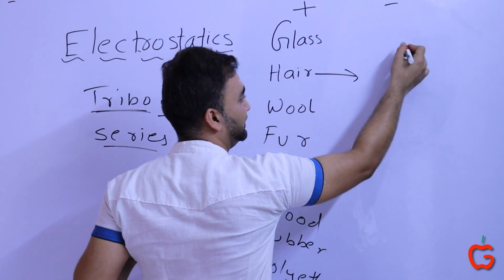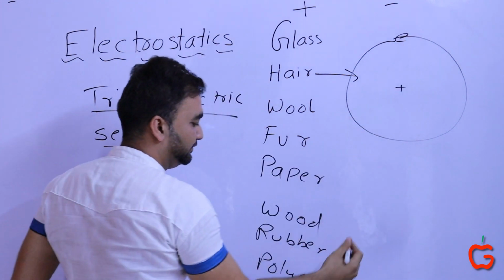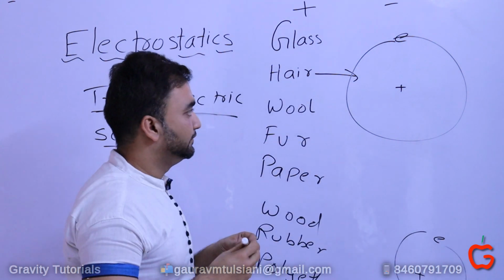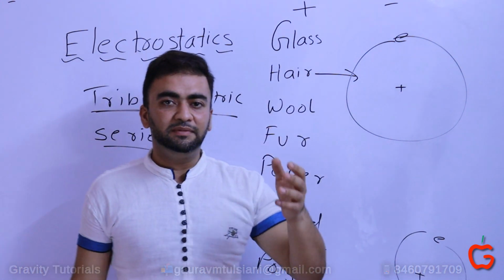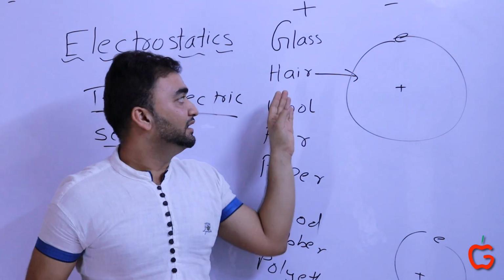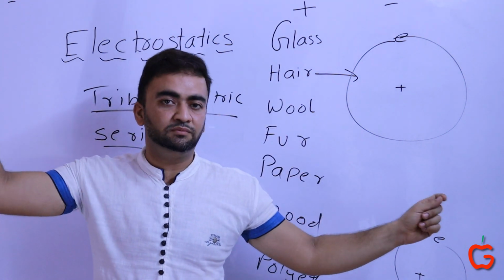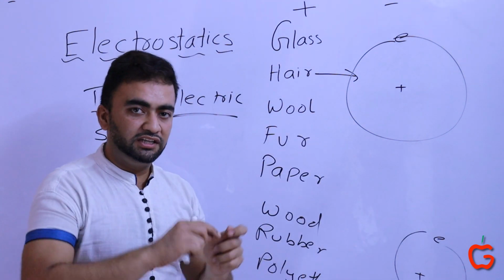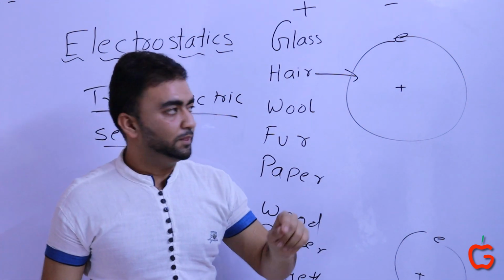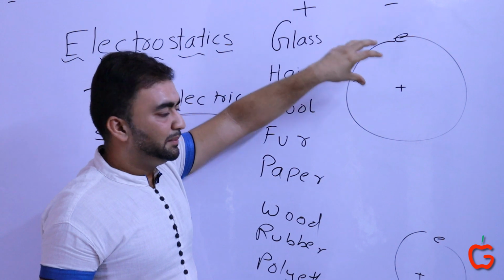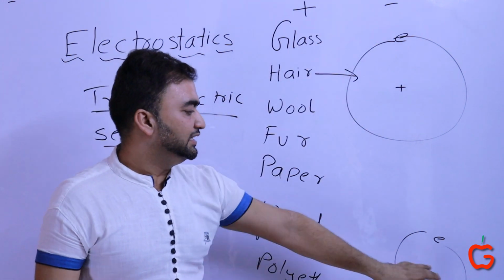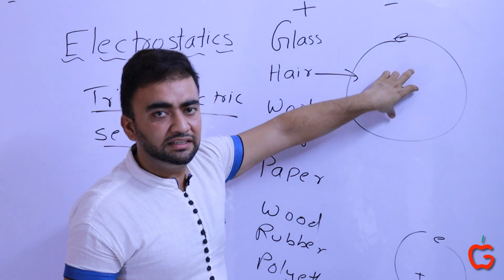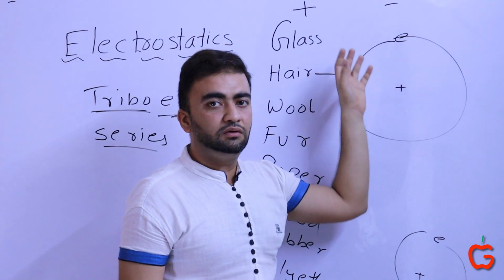So let's say this is an atom representing hair, and this is an atom representing polythene. Obviously hair and polythene are not simply made up of atoms. Hair is made up of keratin protein. Keratin is a long chain molecule, but that molecule itself ultimately contains small atoms only. Similarly with polythene, again a long chain molecule, it contains atoms. So this is a representative atom of hair, and this is a representative atom of polythene. Now this is a somewhat rudimentary structure of an atom. It is called the planetary model, where the electron is moving around the proton.